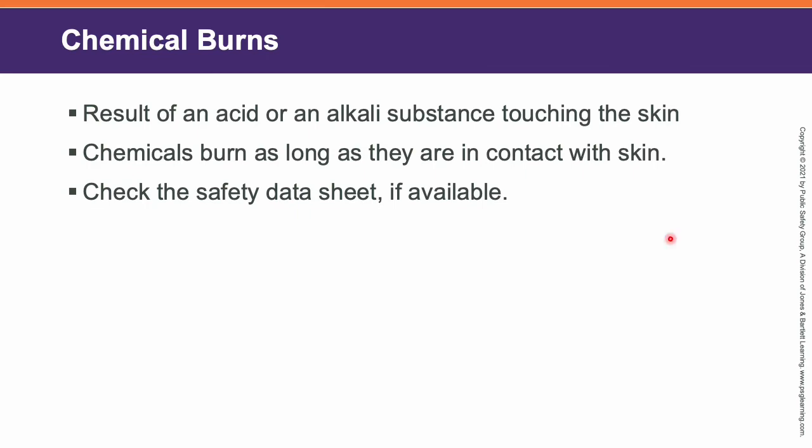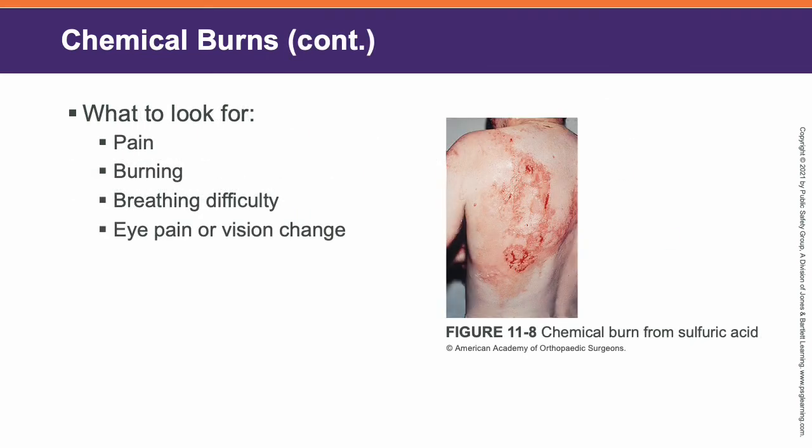Okay. So a couple of things to look for when you're looking at chemical burns. It will be painful. Obviously, it will feel like a burn. It can also cause some breathing difficulty. And the fumes that are caused by these chemicals can also be very painful to your eyes or cause some difficulty with vision. So it's also important that you're making sure to take the steps to protect yourself. Eye protection, like I talked about, a respirator or a strong mask to protect your airways and your eyes.